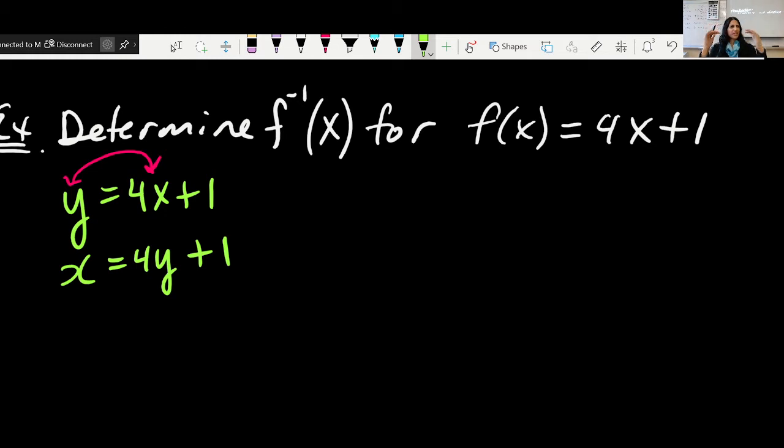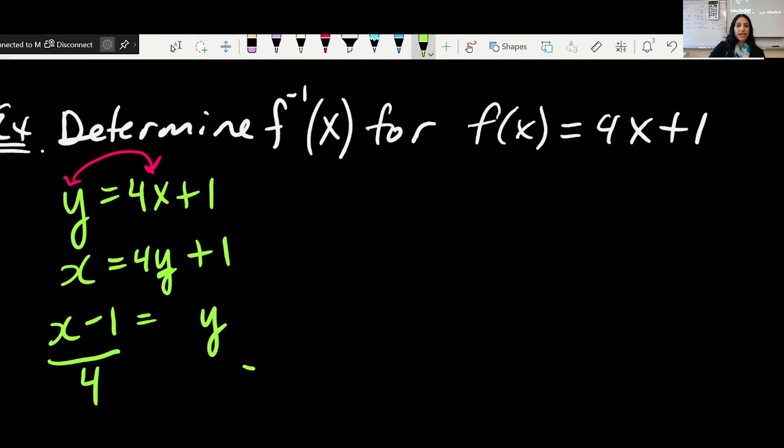So we're just going through that step-by-step method that I had written at the start. We swapped the x and the y. And now that we've swapped the x and the y, we just start manipulating and using our algebra skills to get the y by itself. This is all stuff we know from before, so I don't feel the need to explain it all. I know you all know how to do this. We'd get x minus 1 equals 4y, and we could just divide this all out by 4